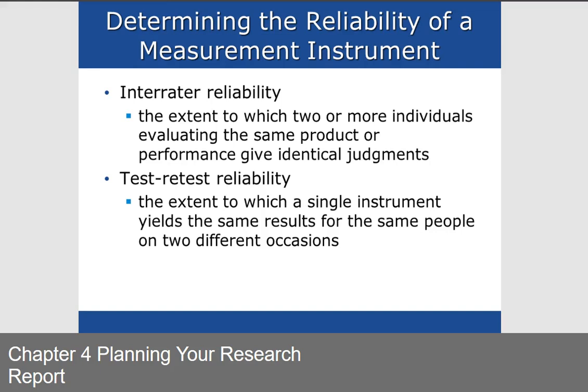There are types of ways in which we can establish reliability. One is called inter-rater reliability. This is simply the extent to which two people are rating it the same way. So, for example, when we're rating art portfolios, you have a panel of experts, and they each rate the art portfolio, a little bit more abstract, indirect way of measuring, and we want to know the extent to which we have reliability between the